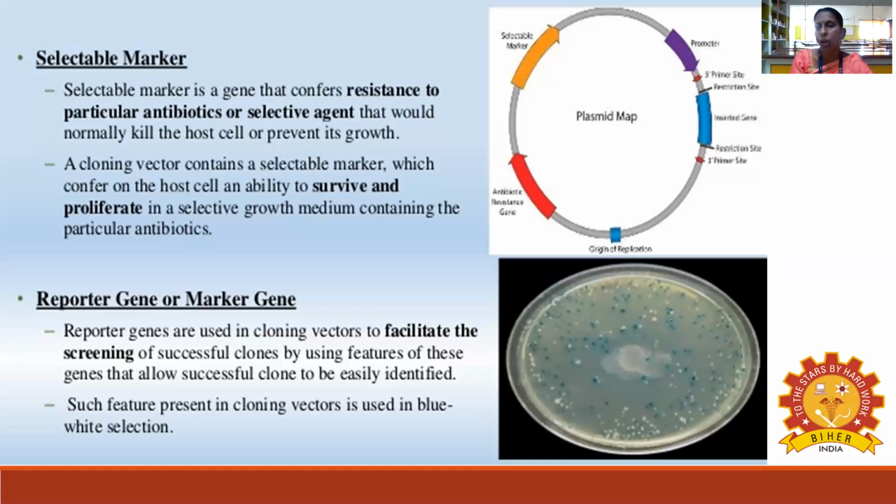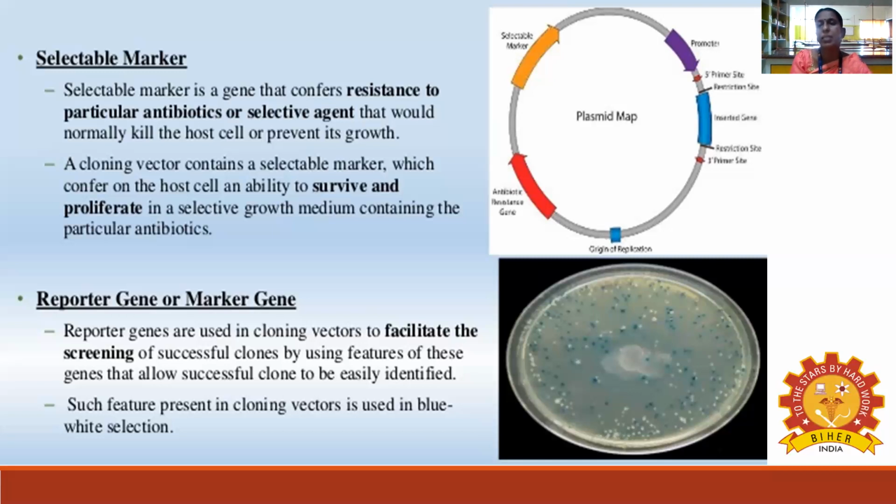What are they? They are called recombinant DNA and normal DNA containing solution. You can pour it on the X-gal agar plate. So what is the role of it? In the normal case, the lac gene is present, which codes for beta galactosidase. So beta galactosidase is activated automatically. What happens? The lactose is converted into glucose and galactose. So you are getting blue color colonies in the case of the normal gene.